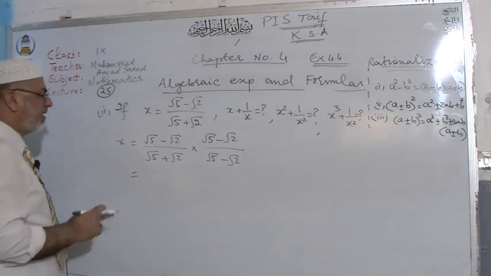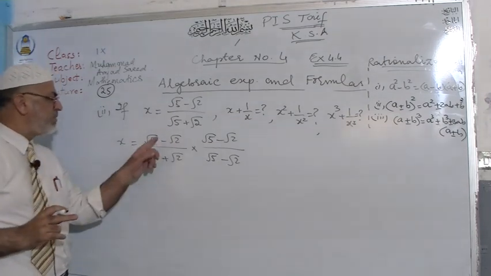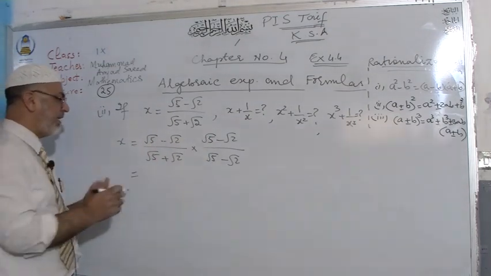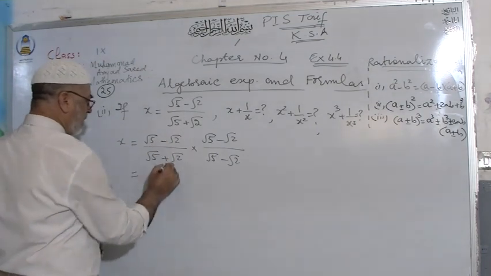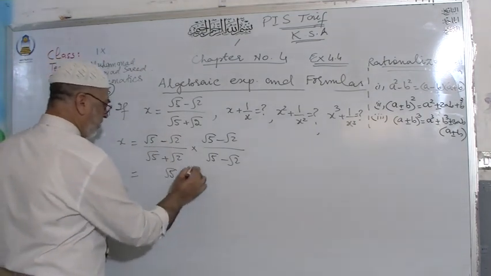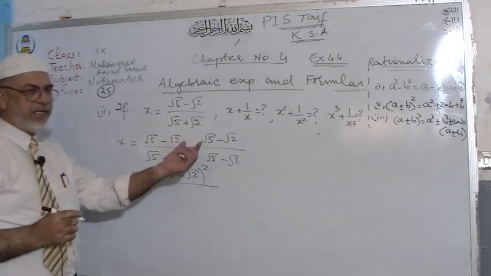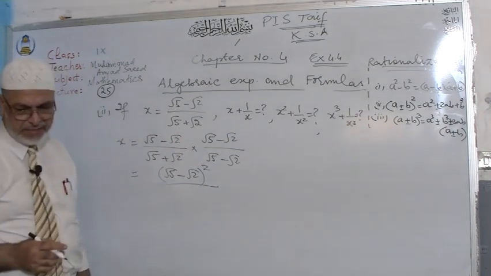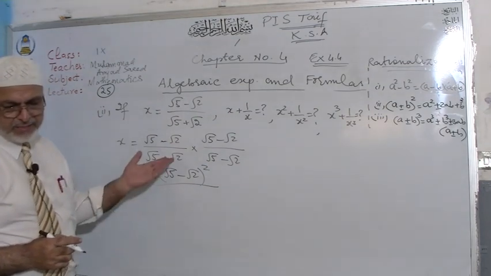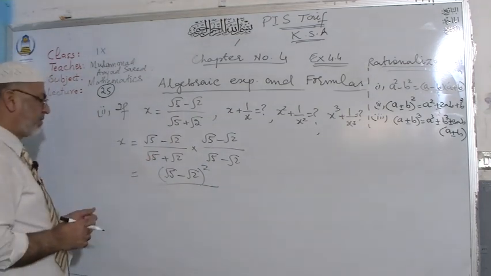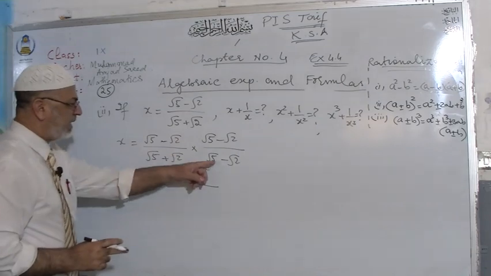Remember that in the numerator you have the same sign. You have the same sign, so this will be a whole square: 5 under root minus 2 under root, whole square. You did that in question number 1, part number 5, I think. Part number 7 we did that, answer 8 also. Here is plus and minus.